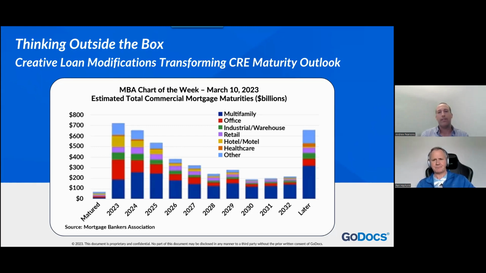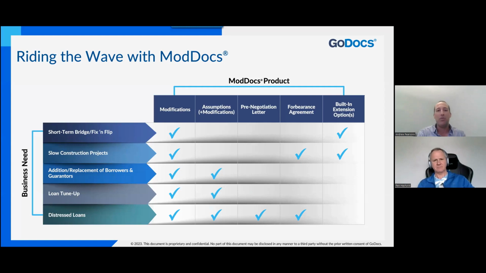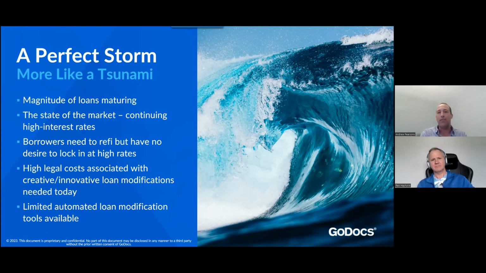Perfect. Great, Ren. And maybe moving to the next slide, I don't want to be overly doom and gloom and apocalyptic here, but I do think it's safe to say that there is a tsunami of commercial real estate loans coming due. They're going to require some level of modification in the next several months and years. And while you all probably saw this coming, we saw it coming too, in many ways through the help of conversations we were having with our customers.